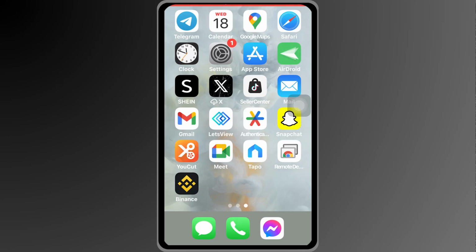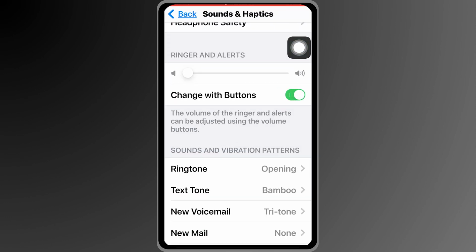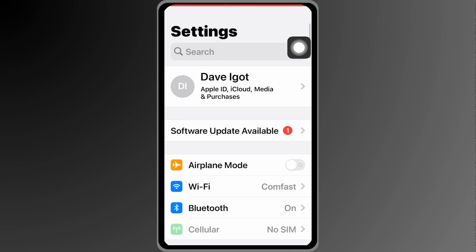How to fix iPhone call volume too low. Now, there are actually two ways in order for us to fix this problem. First things first, I want you to head over to your settings, and here on your settings, you should be